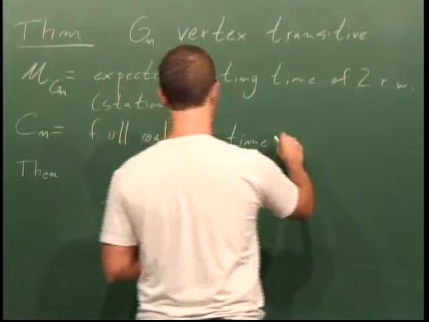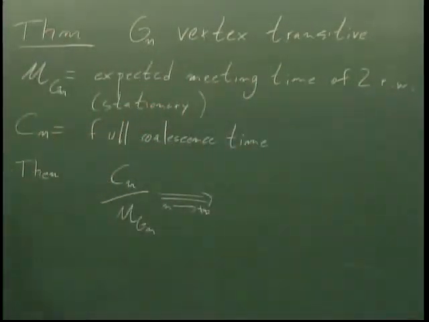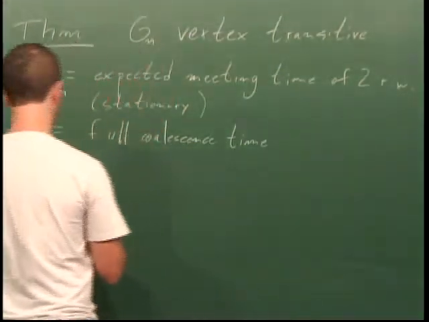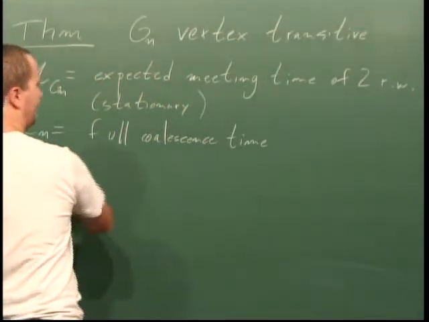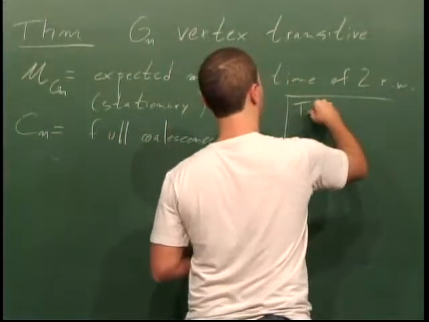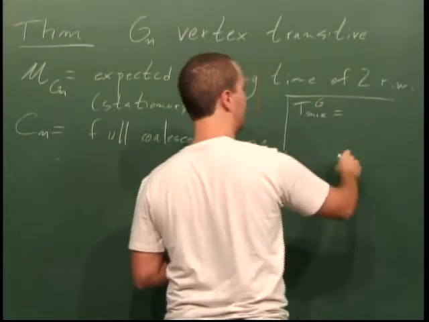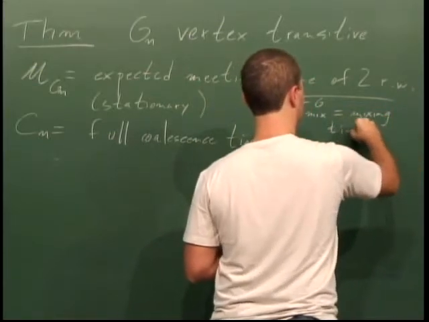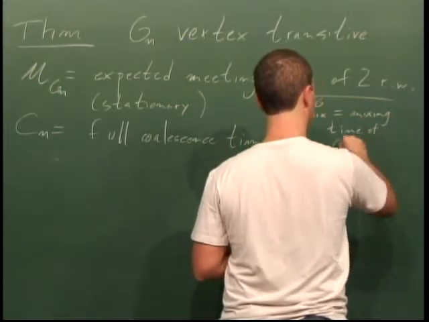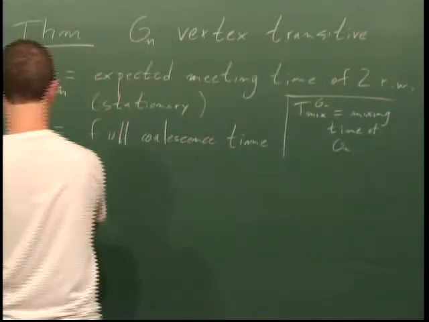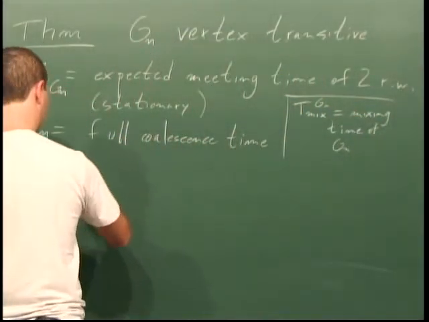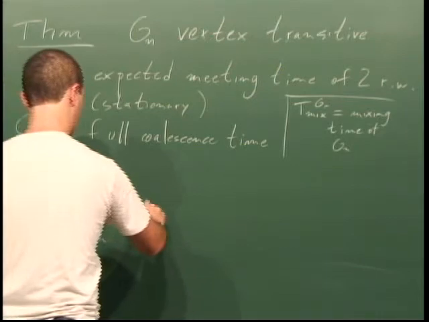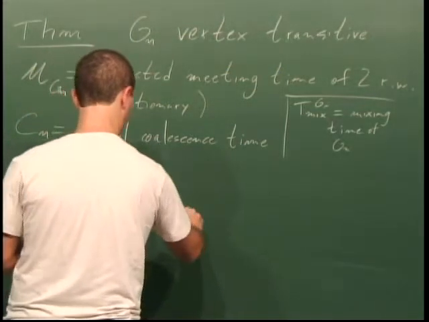Oh, sorry. And yeah, there's something else I must add here. Okay, another parameter here, T mix. I'm going to say later what the mixing time is for people who don't know. And then if the ratio of the mixing time to this parameter here goes to 0 as n goes to infinity, then